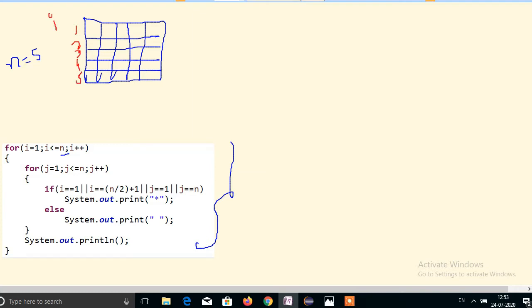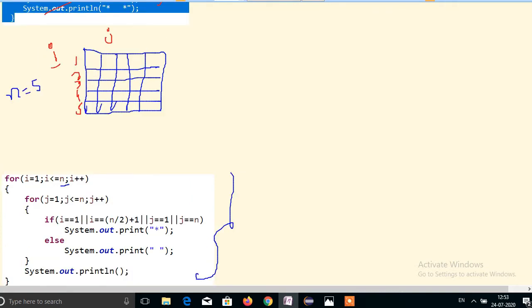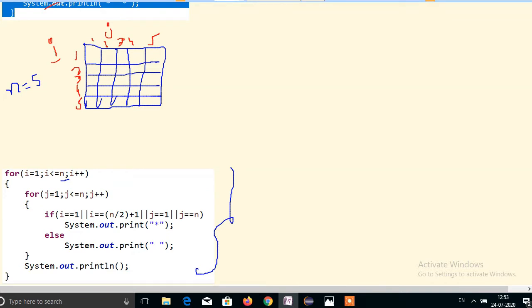This is I, and this one is J: 1, 2, 3, 4, 5. I am using the mouse, so that's why the numbers are going wrongly.